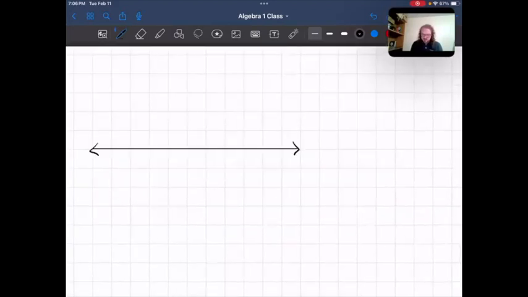To the left, well, in the center, we've got 0. And then to the left, we have negative numbers. Right, we have positive numbers. And what we're going to do today